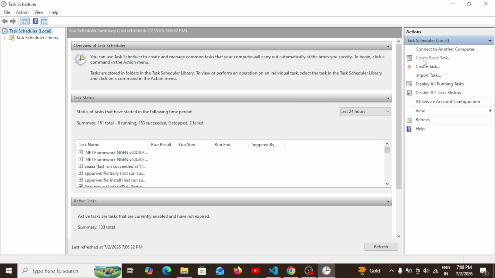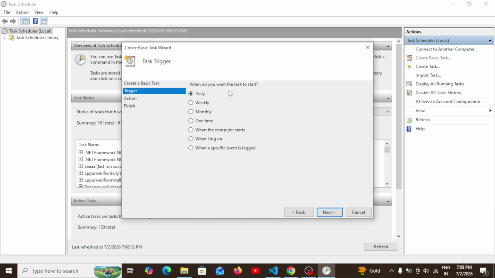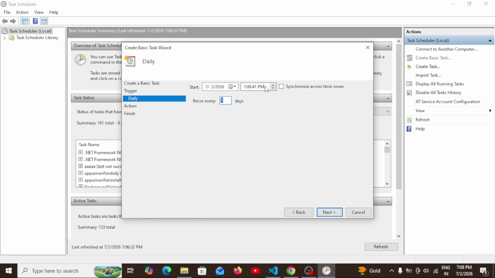Click Create Basic Task. Give a name to that task. For example, I will give current date time display. Okay. Click next. When do you want this task to start? Daily. Click time. Currently it is